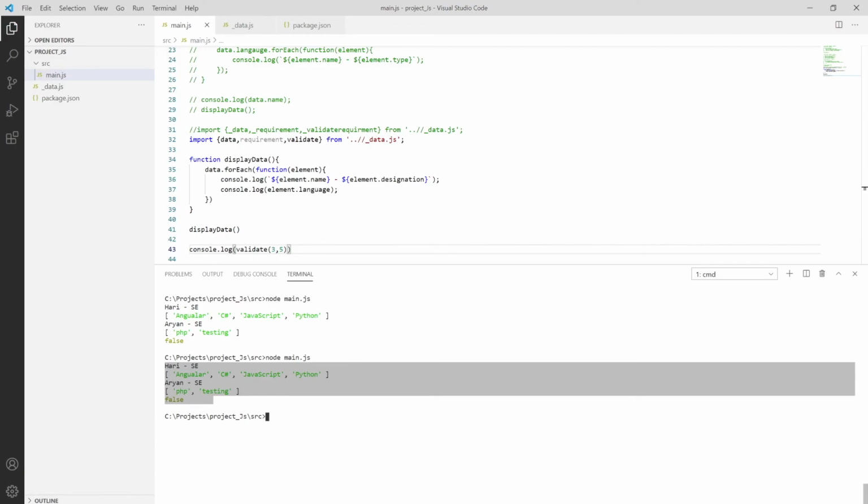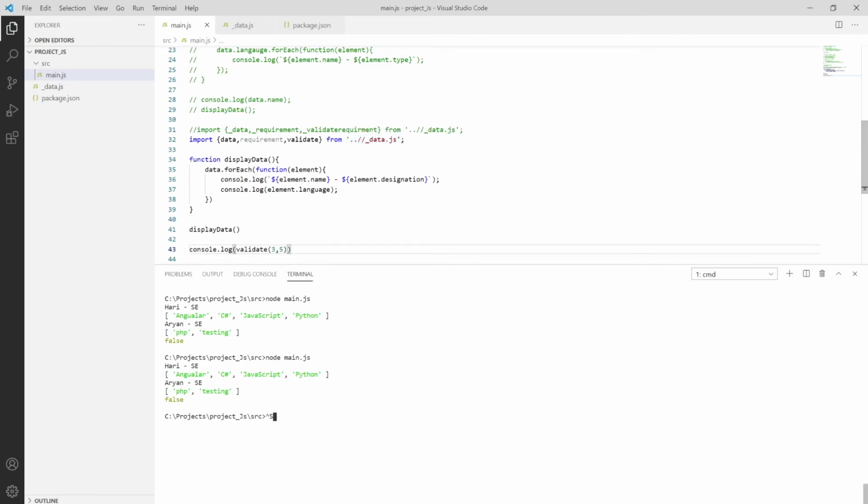Another way of using an alias for the import of an entire module is using the star. Say I don't know how many modules are present over here, and I want to import all the modules.